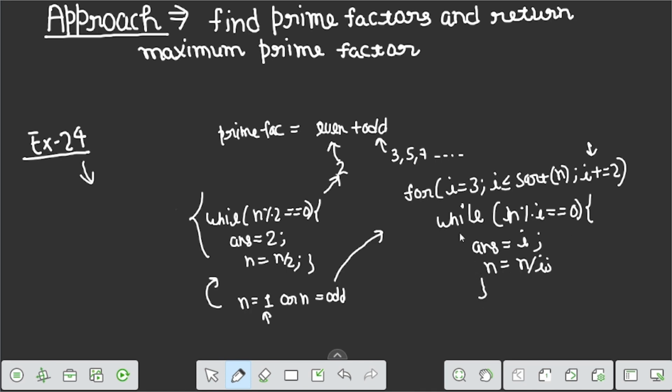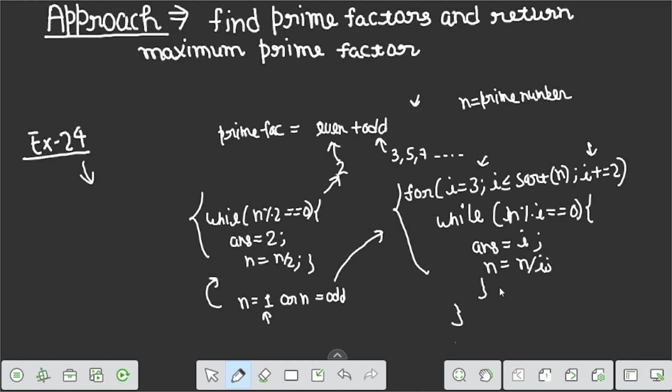So we go through this while loop and this for loop, which goes through all odd numbers till the square root of n. After this for loop, if n is initially a prime number, there is nothing stored in the answer by this for loop.